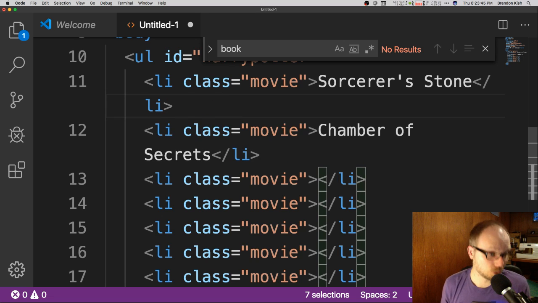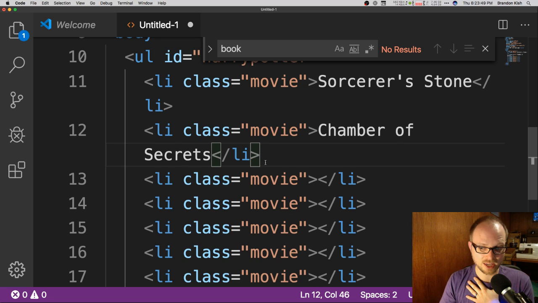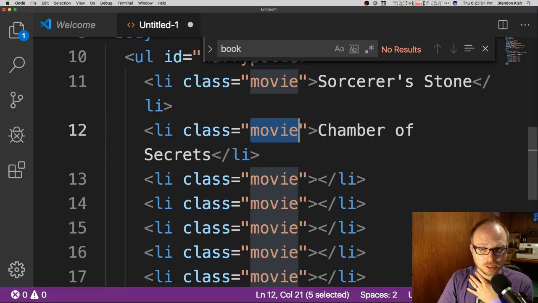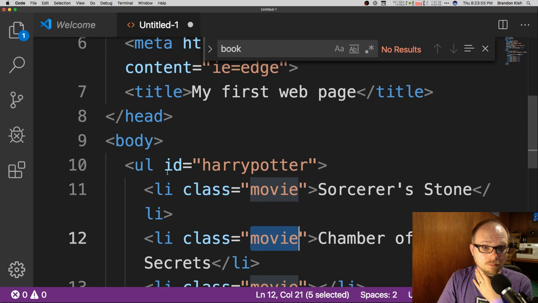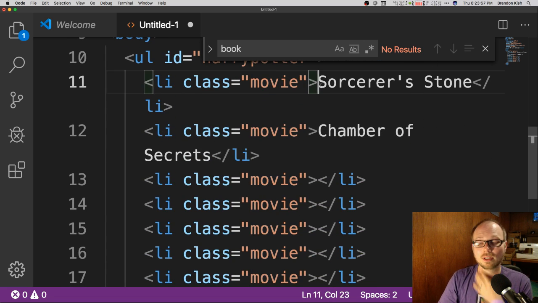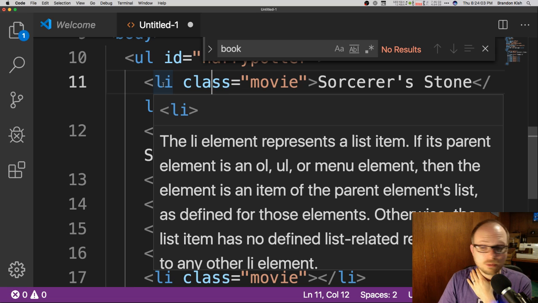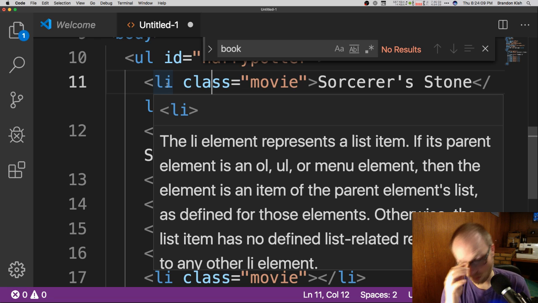So that's multiple cursor support. I use it all the time just as shortcuts or as a way of even thinking. Like I will find myself just double clicking on things and seeing where else they appear in the document. Other things that are powerful about Visual Studio Code involve just hovering over anything that you want to learn more about. If you hover over an HTML tag like LI, you'll get a description of what the LI tag means built into Visual Studio Code.